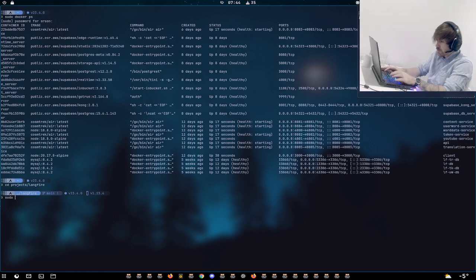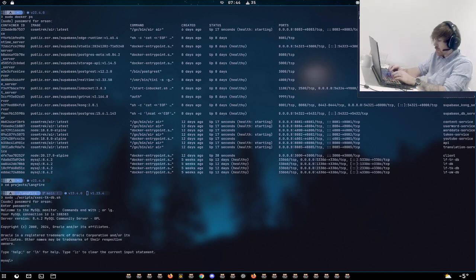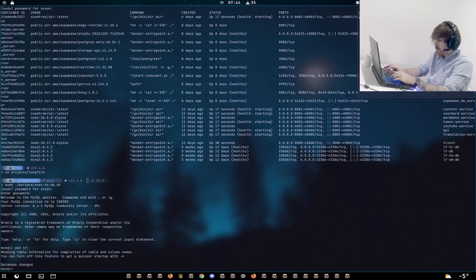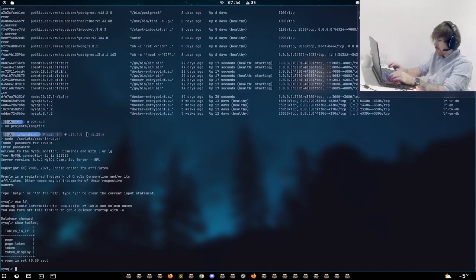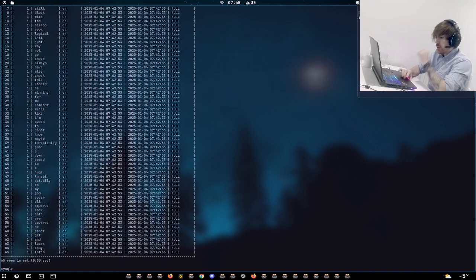Oh no, sudo scripts exec db is token db tkdb. Okay. Show tables. Right. Select all from token. There should only be like 165.